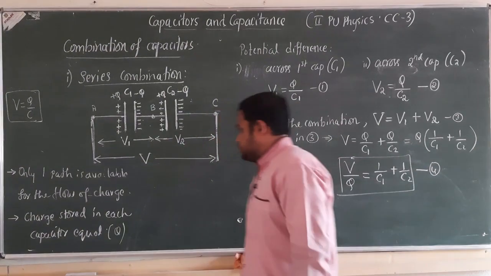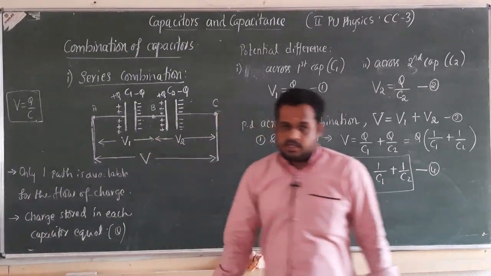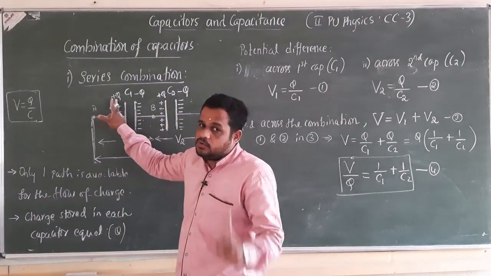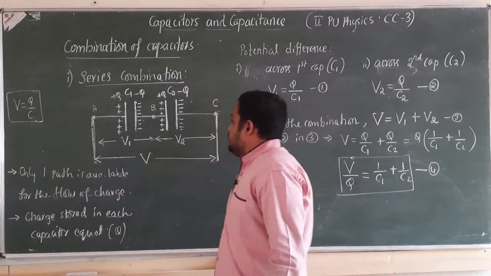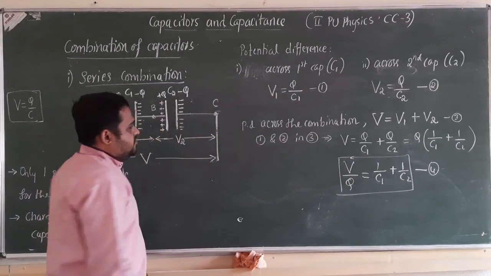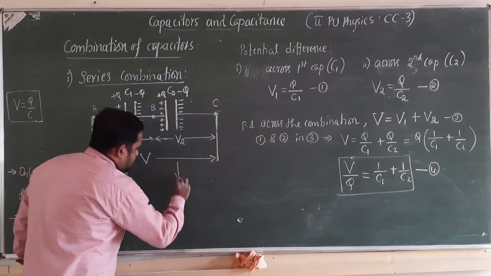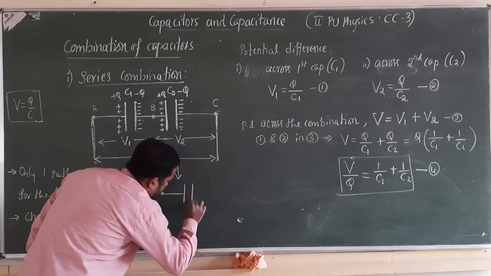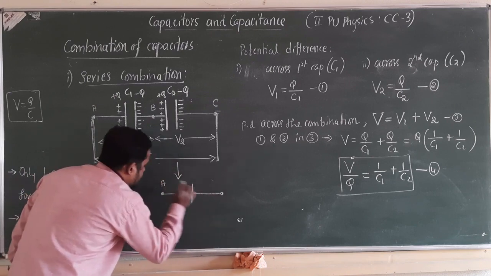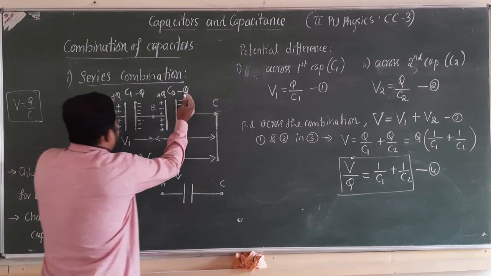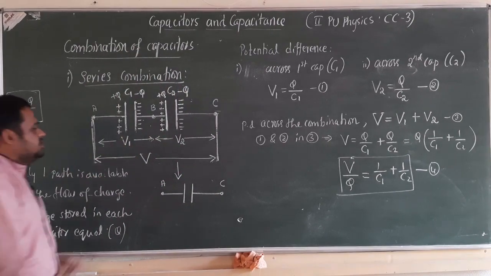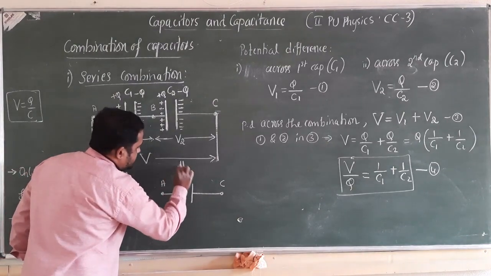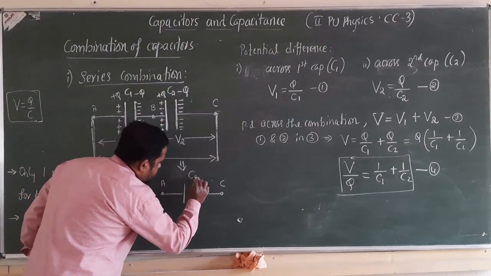Here also we used two capacitors. With the help of two capacitors, we stored a charge of magnitude Q. If this combination is replaced with a single capacitor, I will write the circuit here. Instead of the two capacitors between the points A and C, between these two points I removed this series combination and replaced it by an equivalent capacitor. Let its capacitance be Cs.